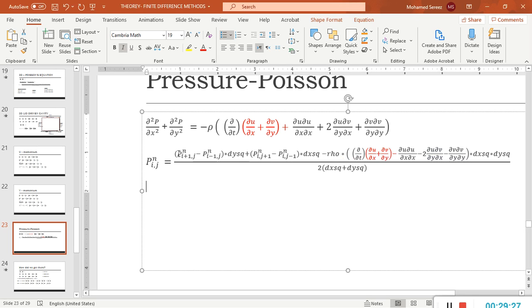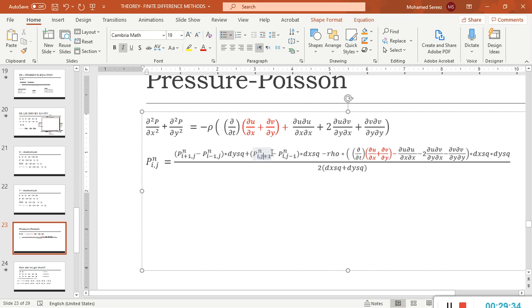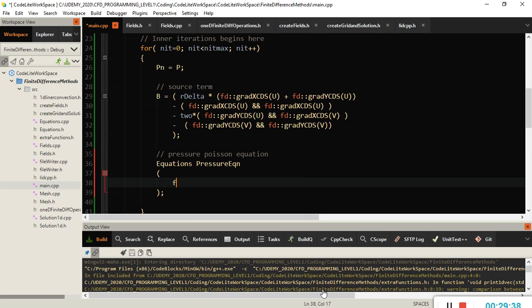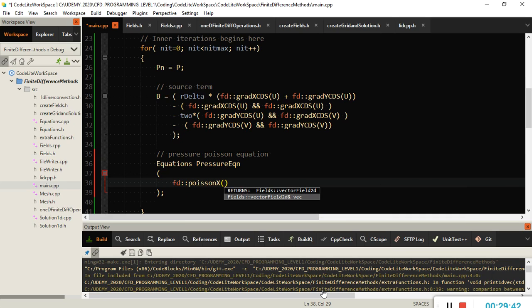Of course, this divided by the denominator is the Poisson X term, and then we have to add to that Poisson Y term. So we could call FD Poisson X of Pn plus FD Poisson